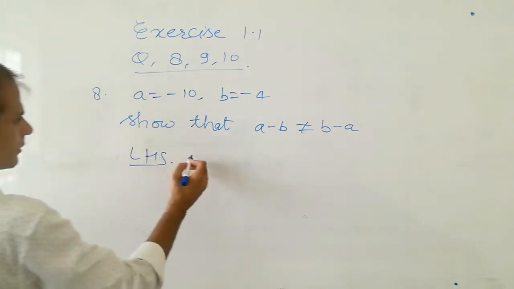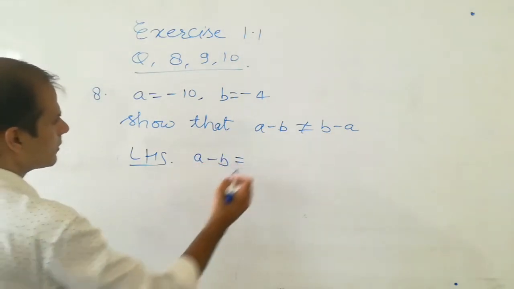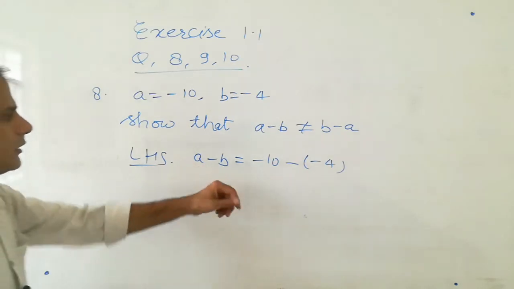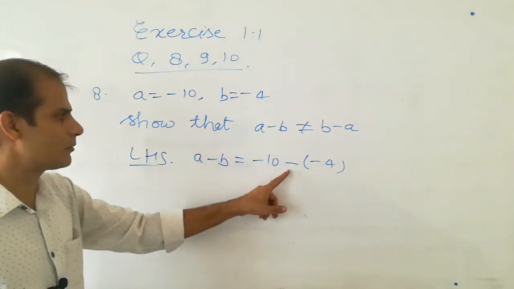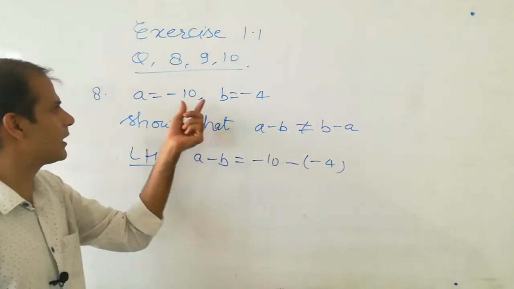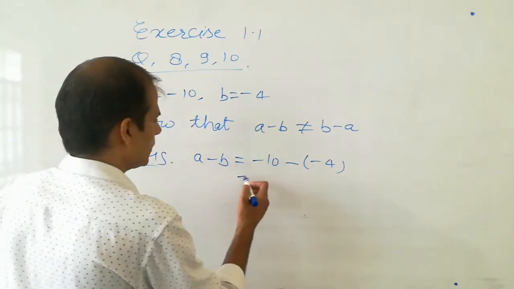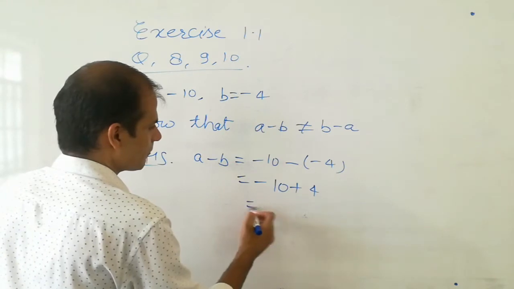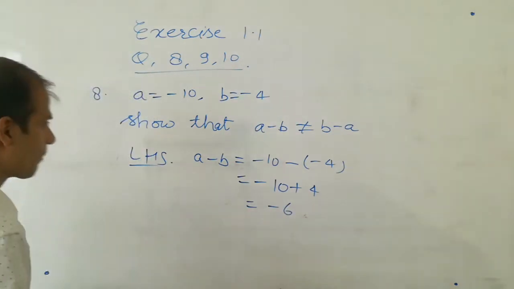LHS is a minus b, that is a minus and b. Be careful, okay? This minus sign is the same and this is the value of b. So b is minus 4. It is minus 10 plus 4 because minus minus becomes plus, and the answer is minus 6. And